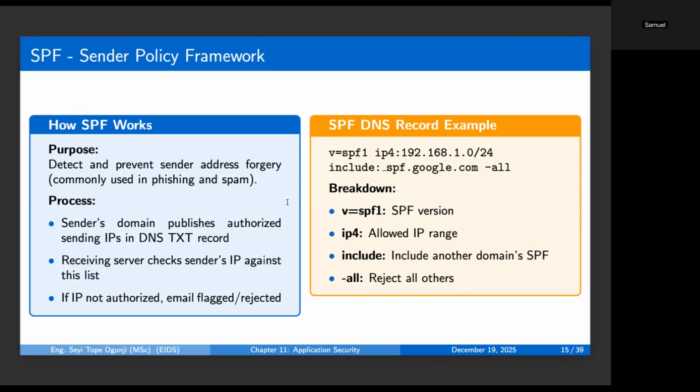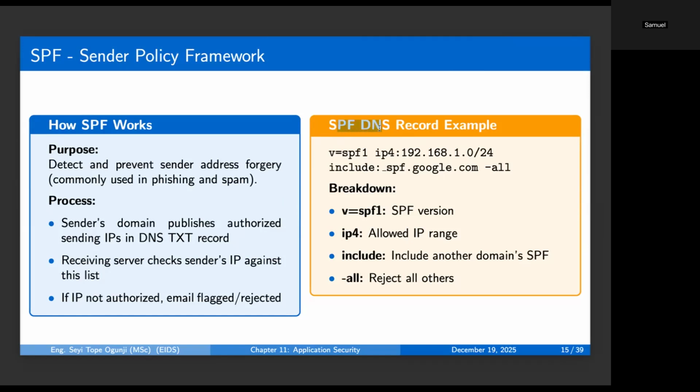Think of it like there's a mini company. You own an address, let's say mycompany.com. Now you publish a list saying only these computers can send email as @mycompany.com. So when someone receives an email from @mycompany.com, they check the list. If the sender isn't on the list, the email might be fake. So an example will be